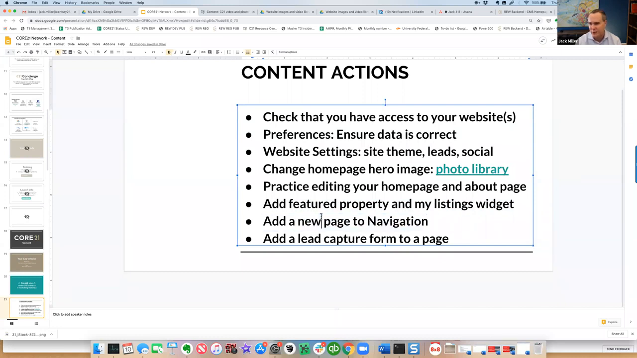We found a bug in trying to add it to the main navigation, which Josh has opened a bug request. Oh, add a lead capture form. So there is another widget, which I will show you,